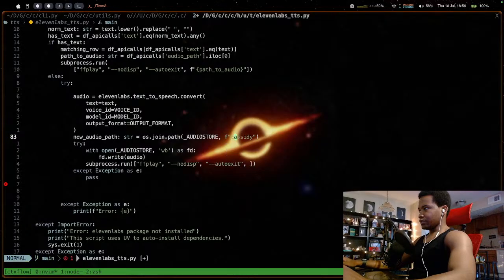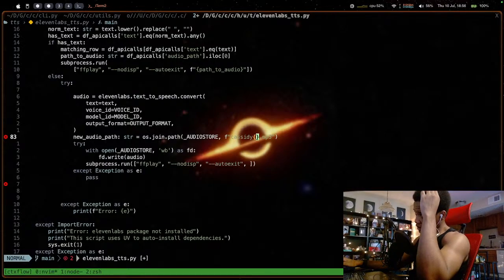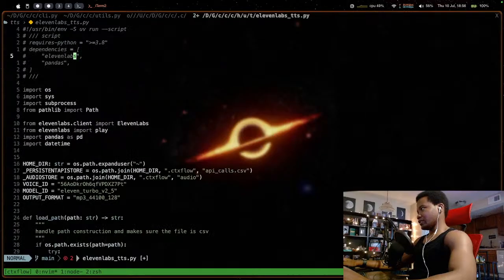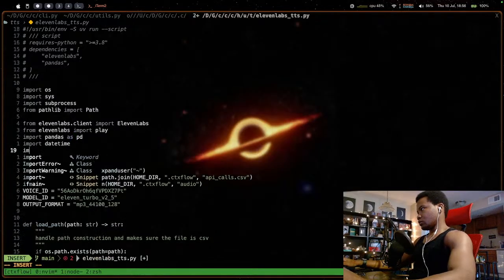So Cassidy, f-string it, dot mp3. And we don't even need, well, we do need a time, but not for this. And then random is standard library, so it doesn't matter. I can just import random.